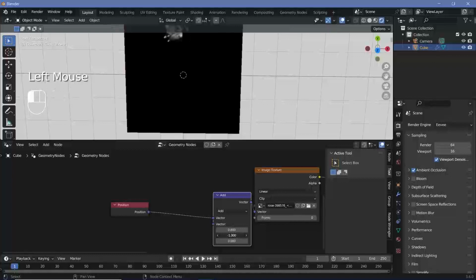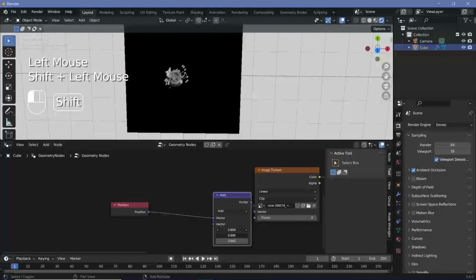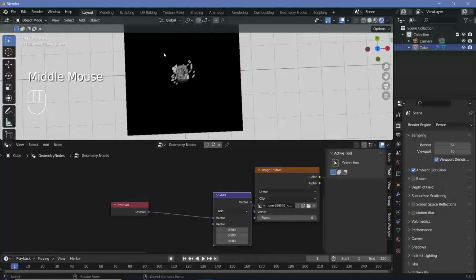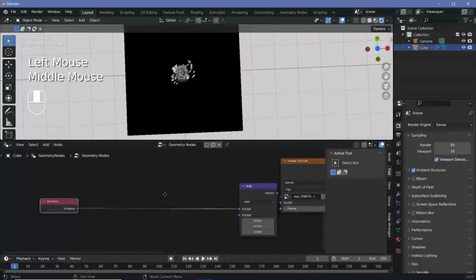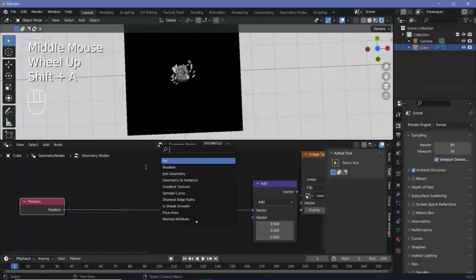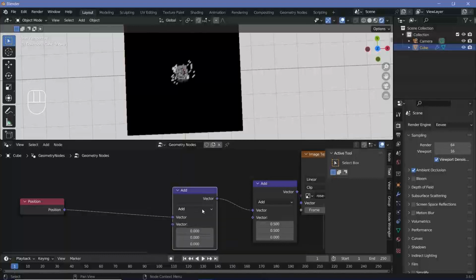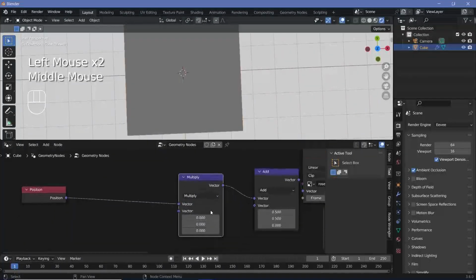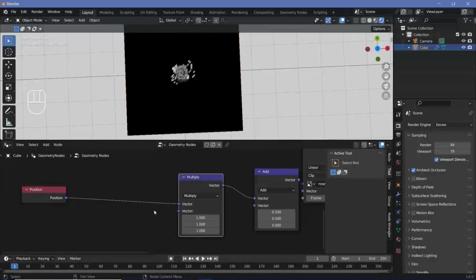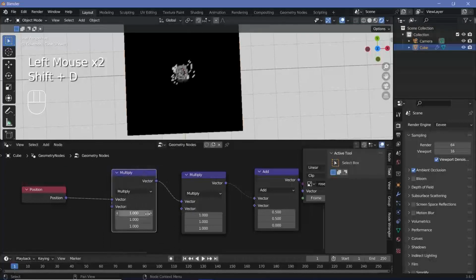If I move it on the Y axis, you can see that it moves on the X and Y axes. So to centralize it, both of them have to be 0.5, and that way the image comes to the center. Then there's two more multiplication nodes that I want. The first one is going to be a vector math changed from add to multiply, and this one is essentially going to be used to scale the entire image. So I'll keep all of this at 1, and then I'll duplicate this multiply node, and this one should be